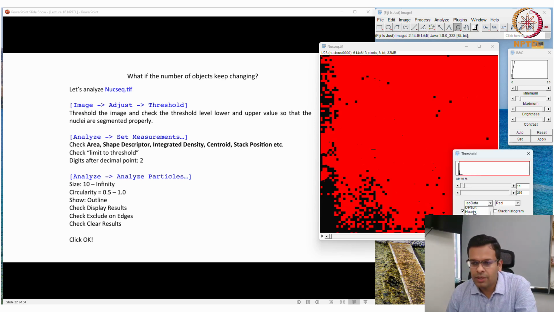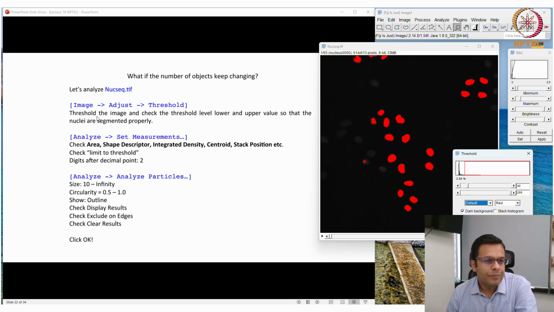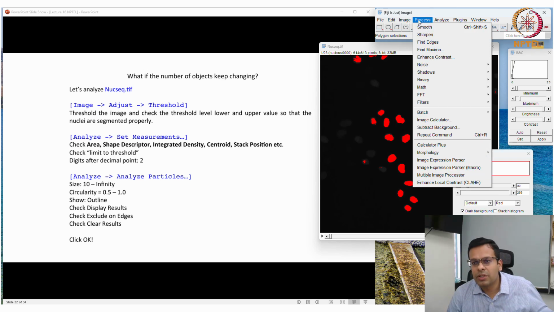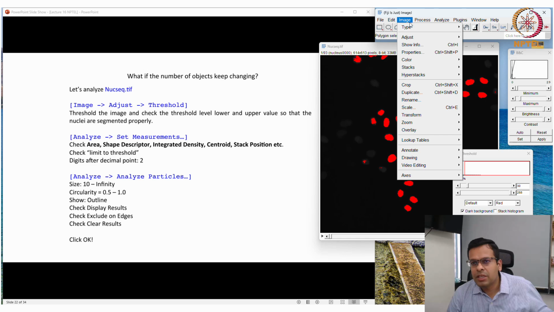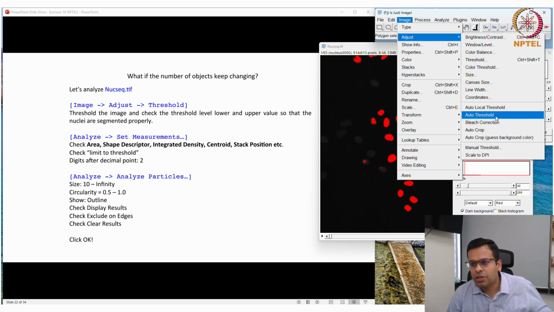Let us see what they have recommended here: threshold the image and check the threshold lower and upper values so that the nuclei are segmented properly. So I'll go for the auto threshold option to see which algorithm works best with this image. Let me go to Image, Adjust, Auto Threshold.